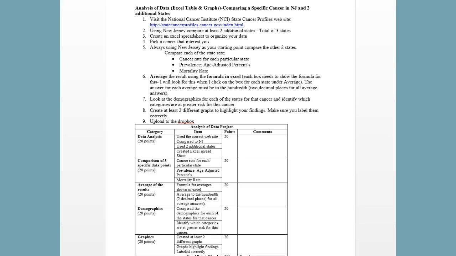Hi class, I'm going to go over the analysis of data Excel table with graphs project in which you compare a specific cancer found in New Jersey to 2 additional states. Looking in your course syllabus, you will see that you have to visit the National Cancer Center by following this hyperlink. So you click on the hyperlink,